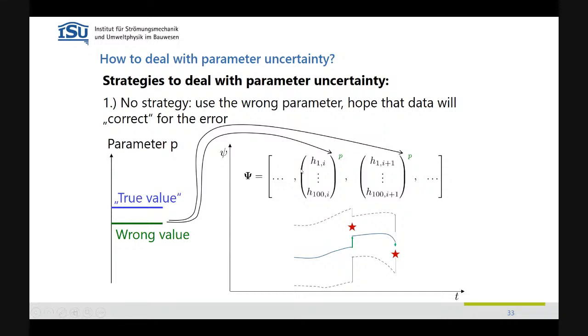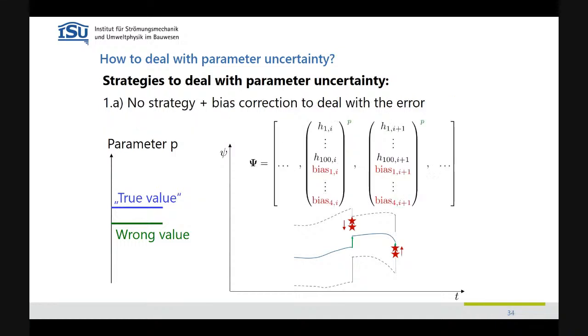So we generate our ensemble. We do not update the parameters, only the states, and all models have the same wrong parameters. I mean, it's not completely unreasonable because we do data assimilation. The reasoning would be to say that the errors that I do are fixed, so to say, by the observations. Okay. The second strategy is to do exactly the same, but acknowledge that I will be off with my model and do a bias correction. And this we did because bias corrections are really used a lot in practice. So we add a bias correction, and the bias correction runs through the filter.